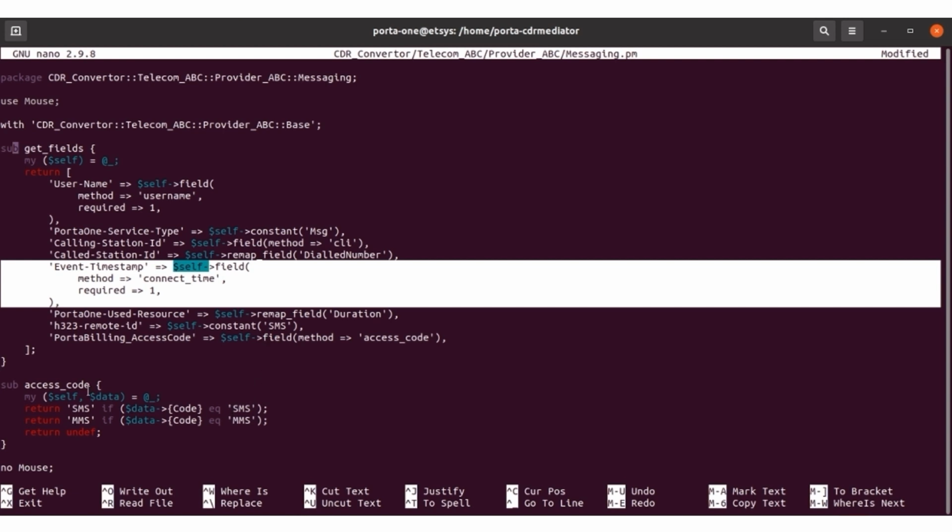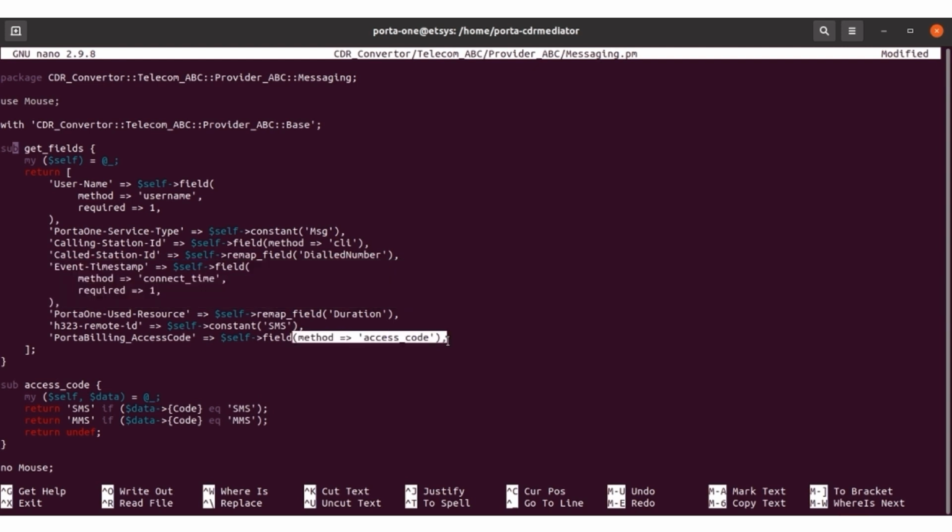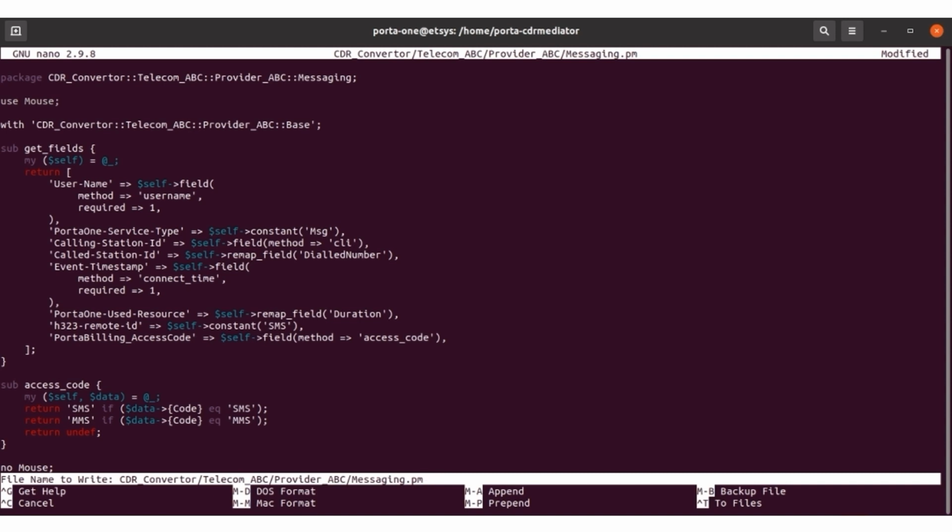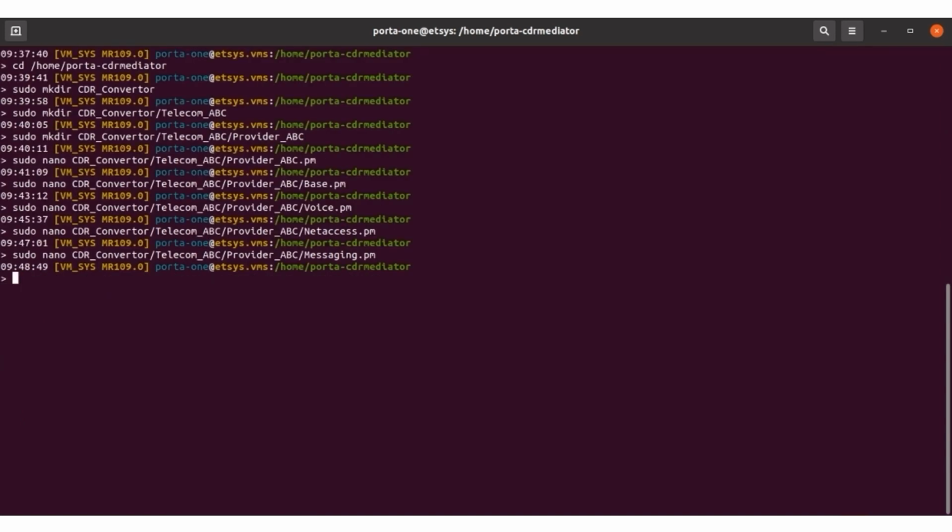So we have a dedicated subroutine access code where we're going to apply different tariffs depending on the messaging type, whether it's an SMS or MMS. We will basically return the appropriate access code. Let's save this module, and since this is a new service type that we decided to add,